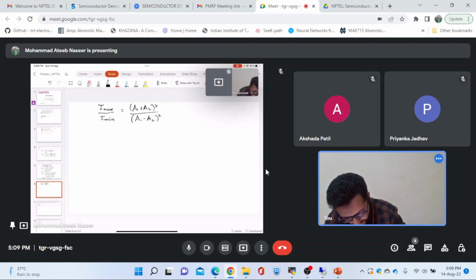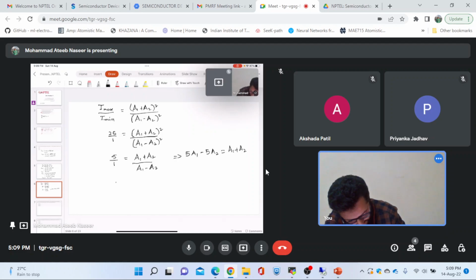So we know that this ratio is given by 25:1, and this will be (A1 plus A2) whole squared divided by (A1 minus A2) whole squared. So if we take the square root, we will be left with 5:1 equal to (A1 plus A2) divided by (A1 minus A2), or it will simply be 5 times A1 minus 5 times A2 equals A1 plus A2,